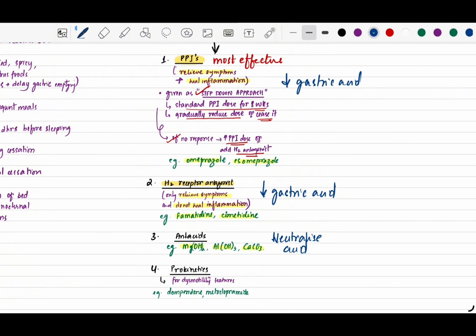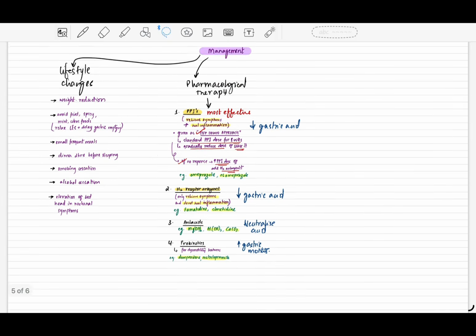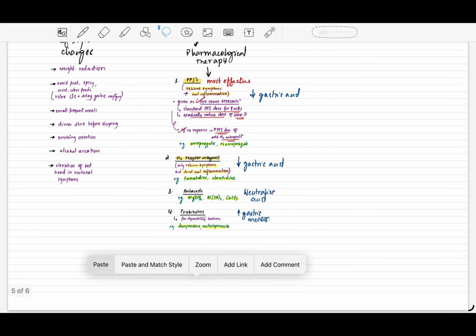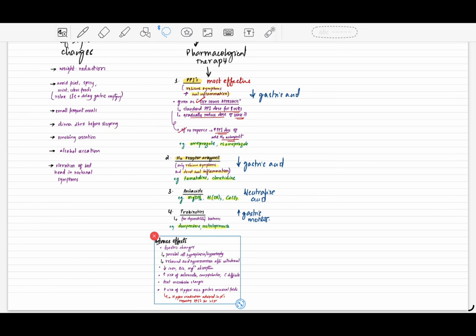Then we have prokinetics. They usually work by increasing the gastric motility. They're usually used for dysmotility features, and examples include domperidone and metoclopramide. Let's also discuss a few adverse effects associated with the pharmacological therapy. These include